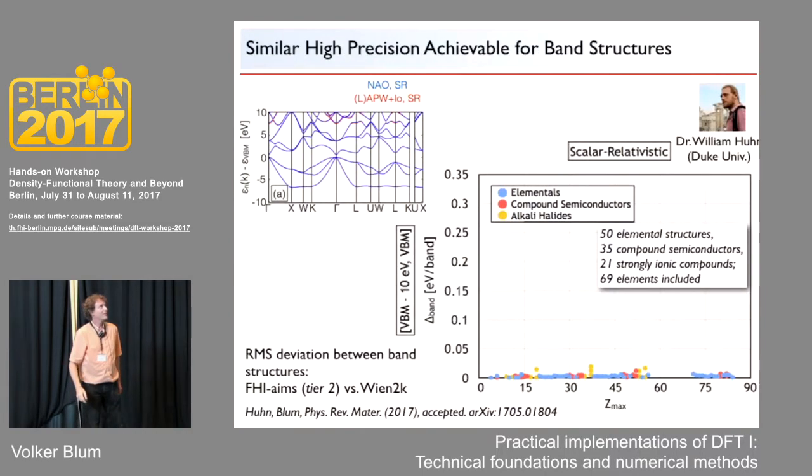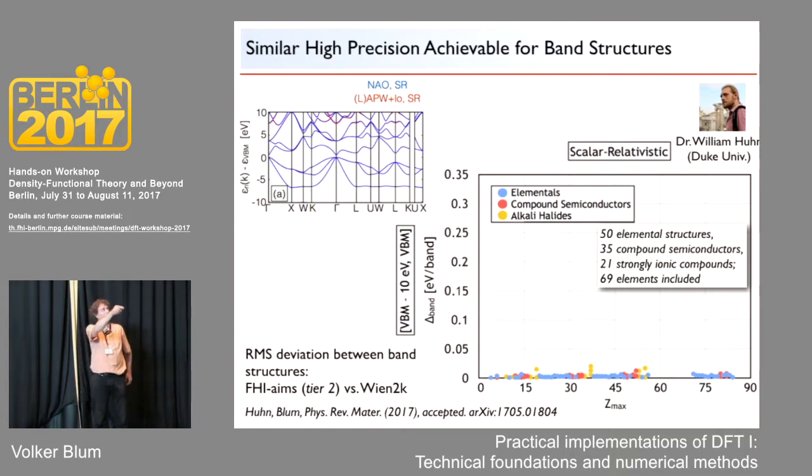And then Will Hoon, who's probably somewhere in the audience, although I didn't see him right now, did a similar test compared to the Wien2K APW code, where he compared band structures. And this is just a root mean square error in electron volts here. So this is 50 millielectron volts, this 0.05 mark here. Comparing band structures for 103 compounds, I think, in the end, between different